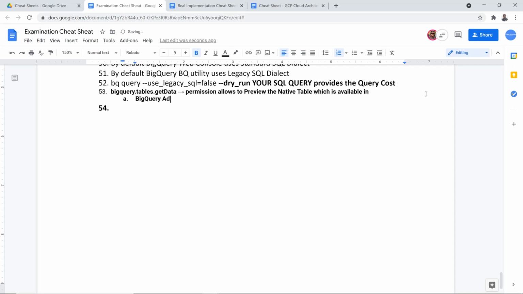I'll do the formatting later, folks. BigQuery Admin, BigQuery Data Owner, Data Editor,